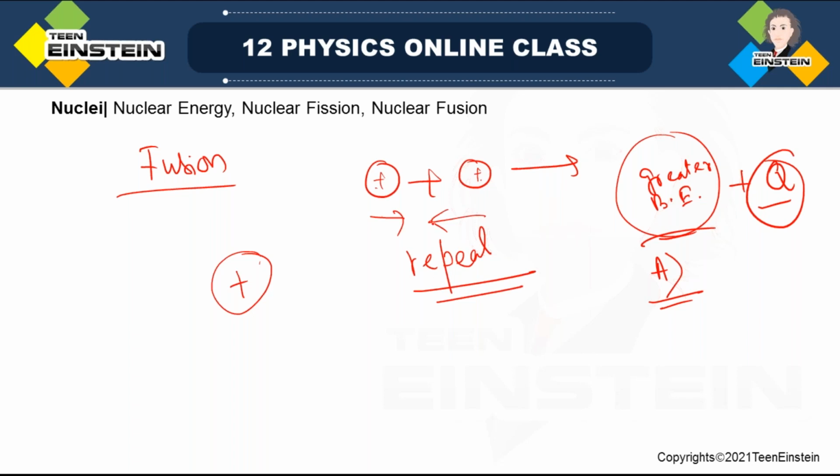So this repulsion you need to overcome to make them fuse. First of all you have to give such a kinetic energy to these nuclei which are going to be fused and create a bigger nucleus. So you have to supply enough energy so that the potential barrier height